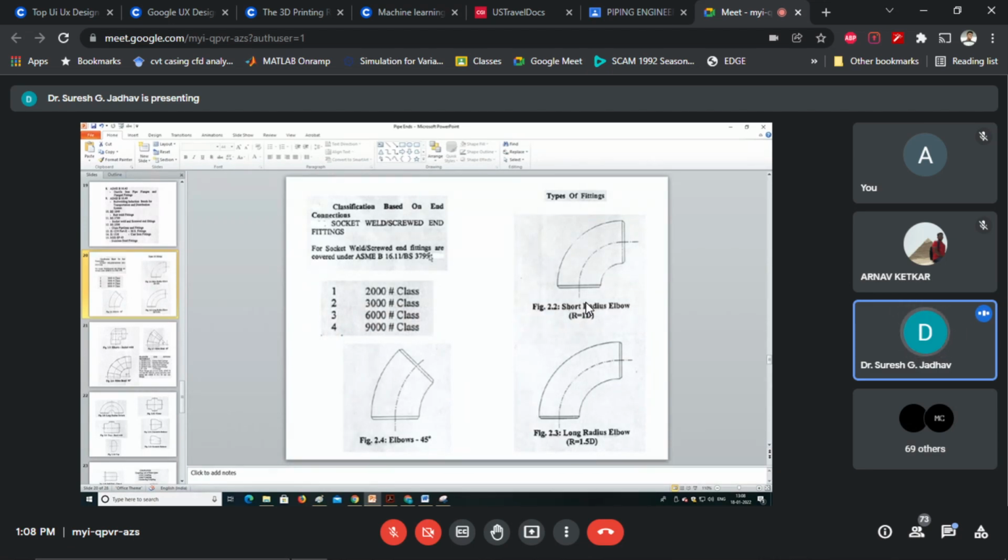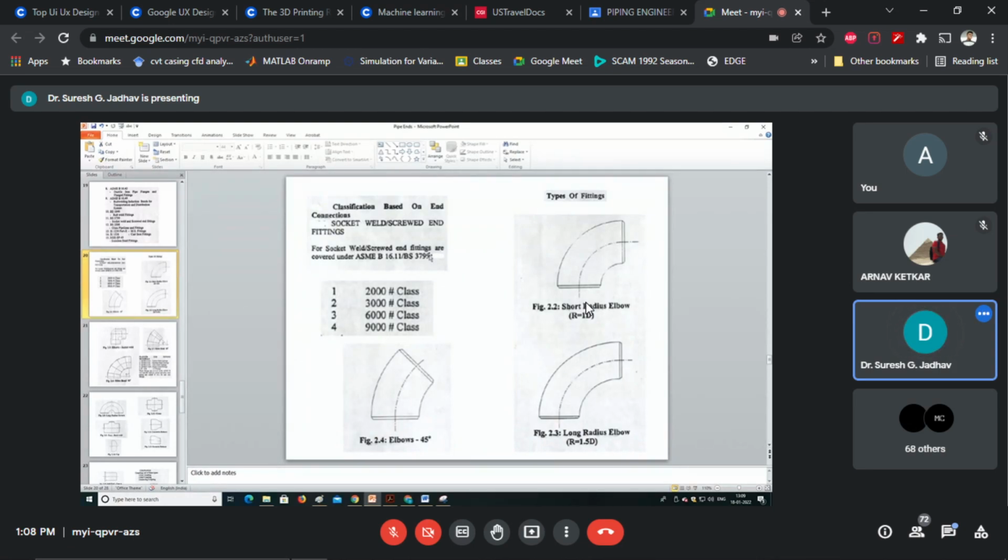Any bend with more than 1.5 D bending radius has to be specially made as per requirements. That means as per the requirement of chemical industries, petrochemical industries, or hydrocarbon facilities, they are demanded as per their requirement to design more than 1.5 D. That kind of fittings we call